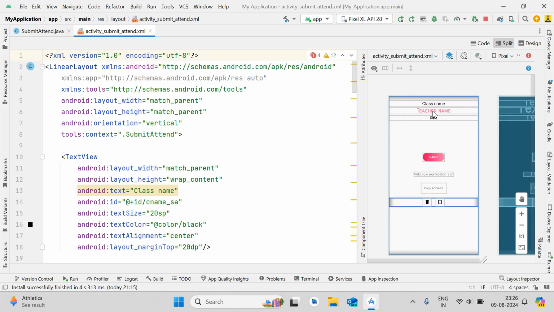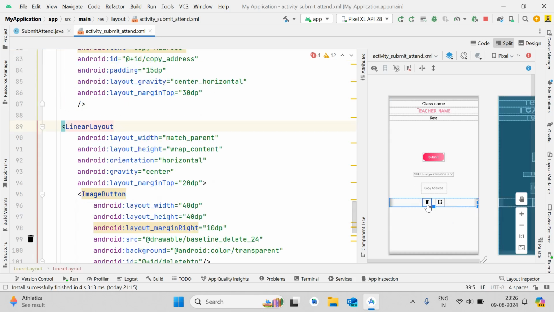So you can see on the screen that this is the design, this is how it is going to look. For now we have two buttons, this one for delete and this one for left, okay, but only one button will be visible to a user. Let's say for example, if you are a teacher, you will see this delete button because you should be capable of deleting a class. If you are a student, you will not see the delete button, you will only see this left button. So you can leave the class but you cannot delete the class, okay. So here you can see that we are using a very basic linear layout, okay,